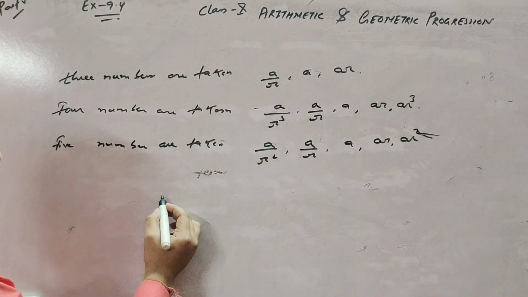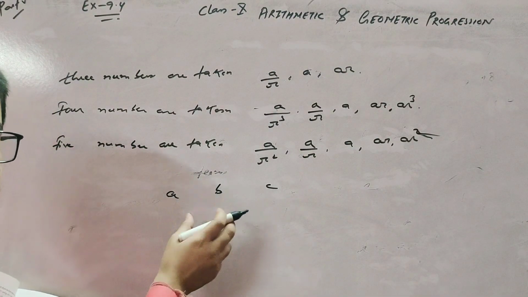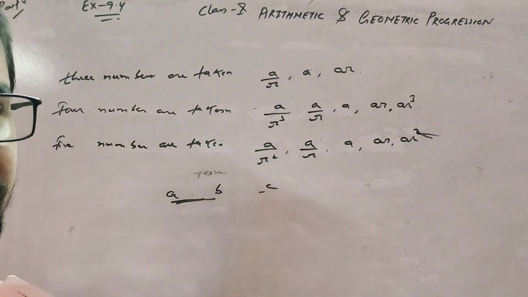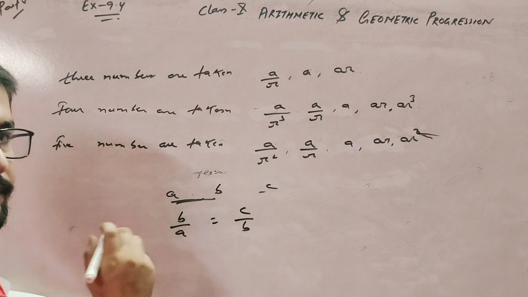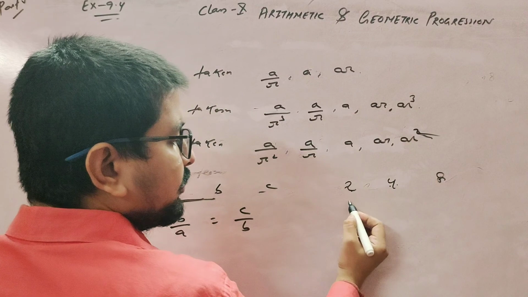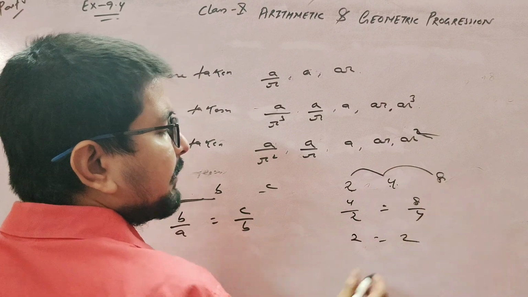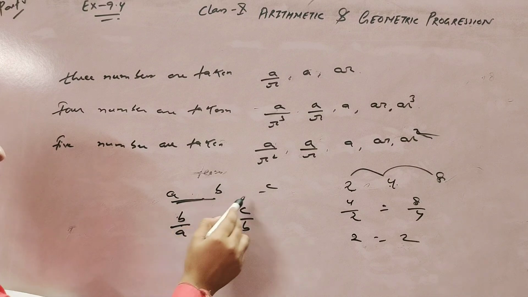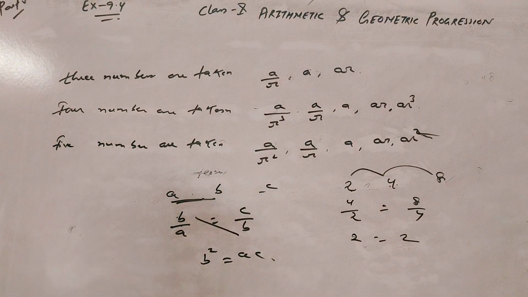you see in GP, if these three terms are in GP, what does it mean? The number is multiplied by a fixed number. That means the multiplication is fixed, that is multiplied by the same number. So we know that b by a is equal to c by b. Like this, 2, 4, 8: 2 into 2 is 4, 4 2s are 8. So 4 divided by 2 or 8 divided by 4, both come to 2. That means this series is multiplied by 2, so the common ratio is the same in both. So in this manner b by a equals c by b, and the formula we get is b square equals ac. You know this one also. Okay.